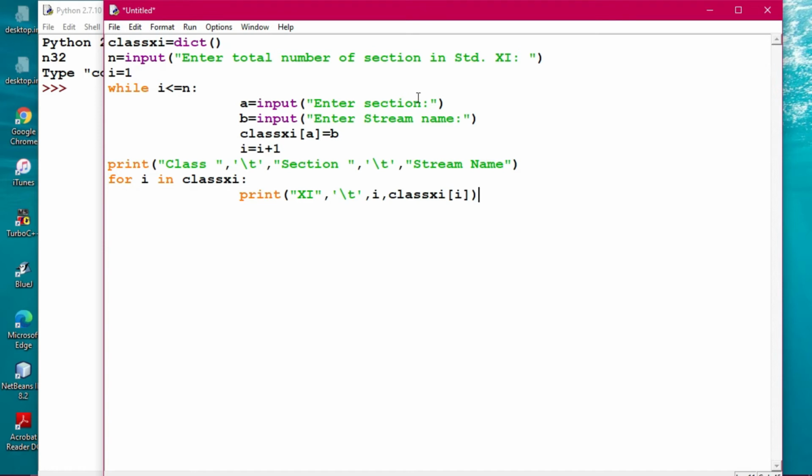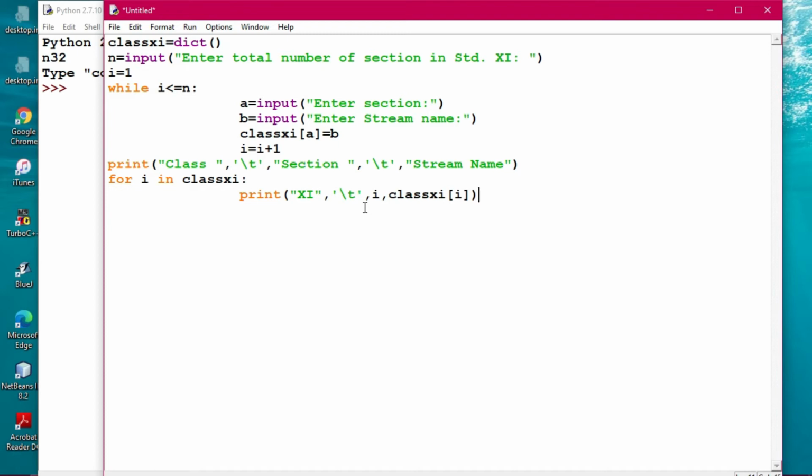Okay, sections in this thing, enter section, enter stream name. All right, class 11, how many sections are there and how many streams are there? Okay, so now this has been finished. So 11, then slash t, then I, then stream name, and then section also to be printed out here.